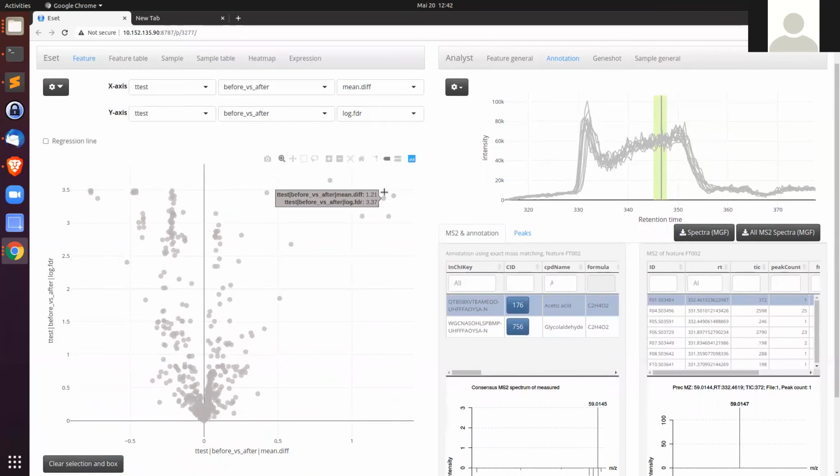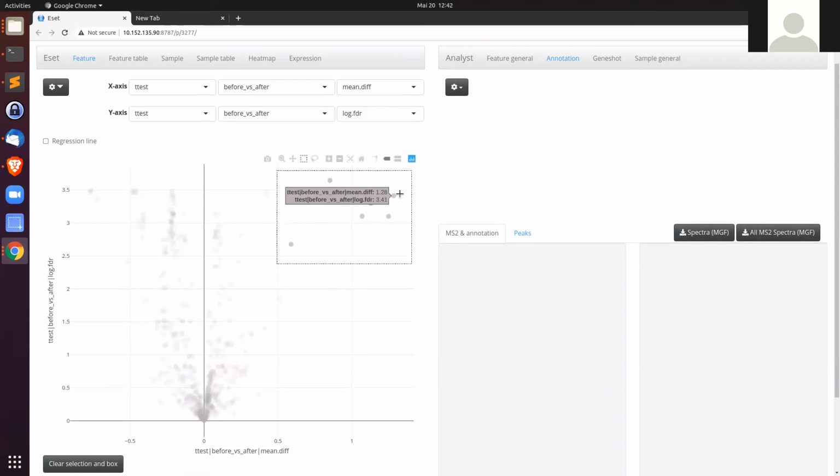That means on the right side, the metabolites are high in the before group. On the left, the metabolites are high in the after group. So what we can do is to select, for example, the top right corner. When we select multiple metabolites, the node tab will be disabled. You have to further select one of the peaks here, and the node tab will show you the chromatogram and